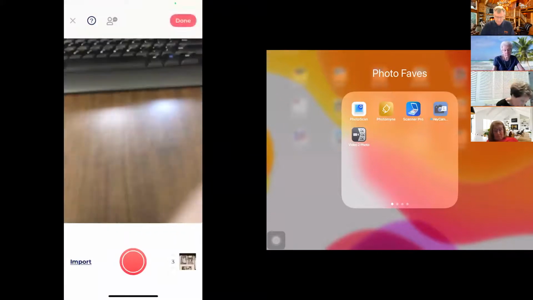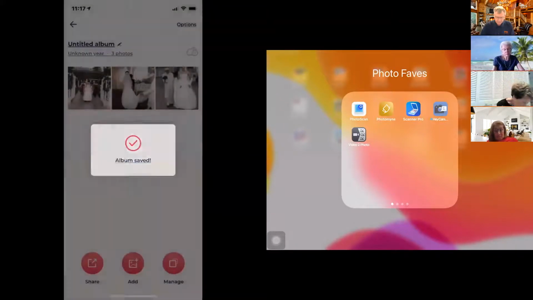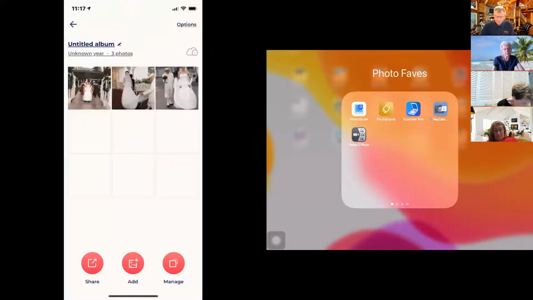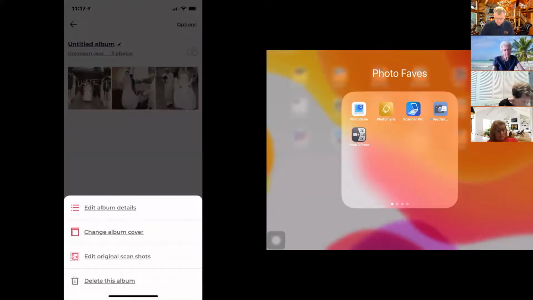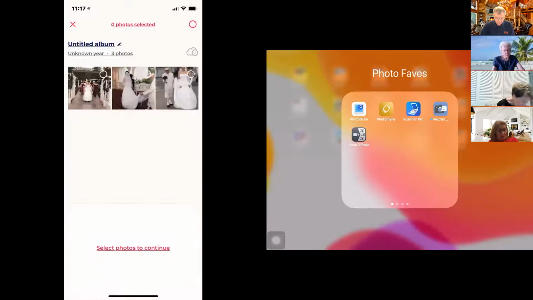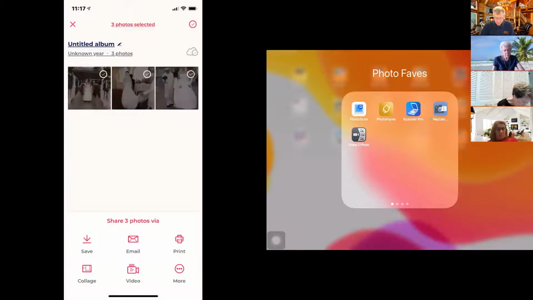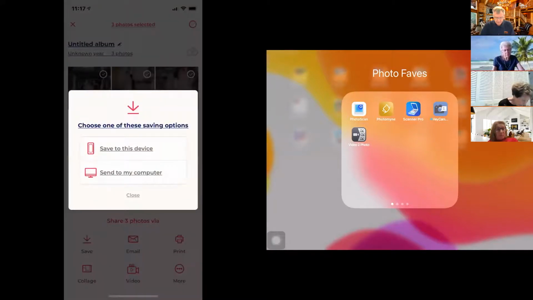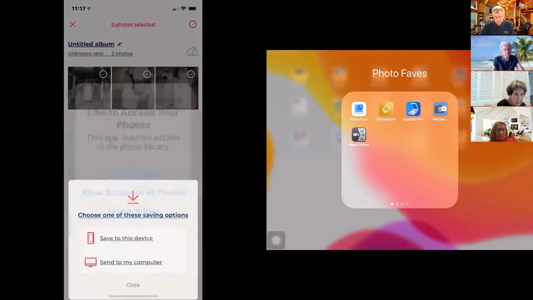Okay, I'll tap done. Now I have those 3 pictures, and let's see what I can do. Add. I want to share. 1, 2, 3, and tap save. And it says save to this device. So unless I'm getting,